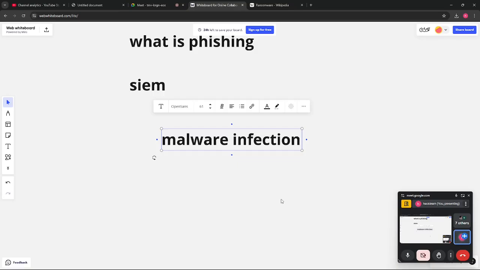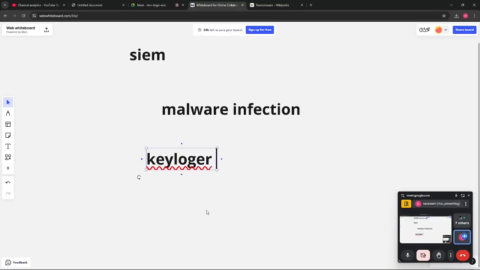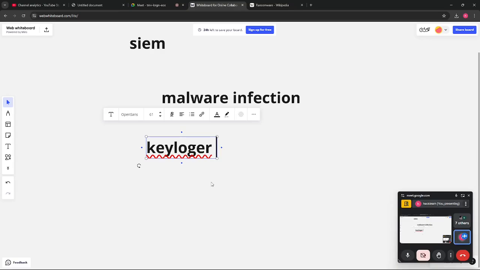So you may not even get an idea that a keylogger is working on your system for a long period of time. Basically the main task of a keylogger is to capture the keystrokes, whatever you are typing. So the main part of a keylogger is to capture whatever I am typing here. If any keylogger is injected in my device, its main task may be to capture all the keystrokes, and that's how a keylogger works.